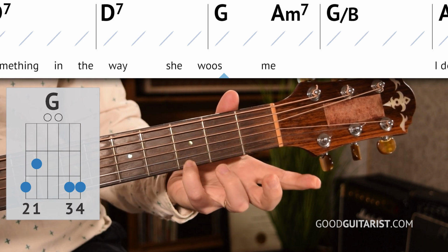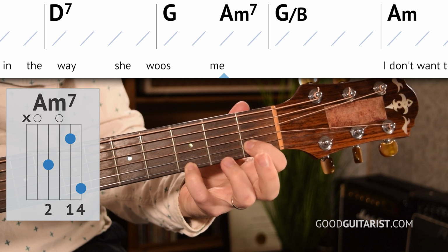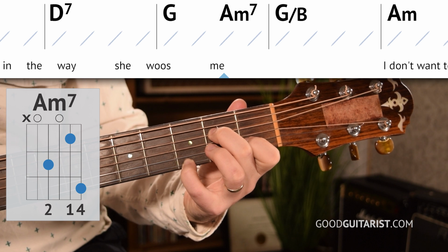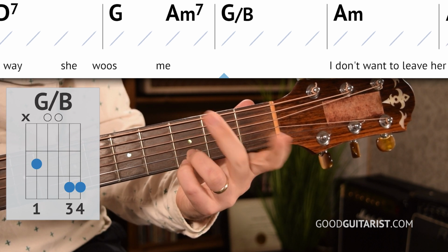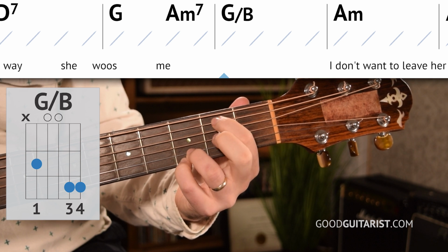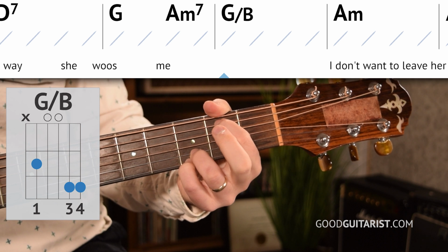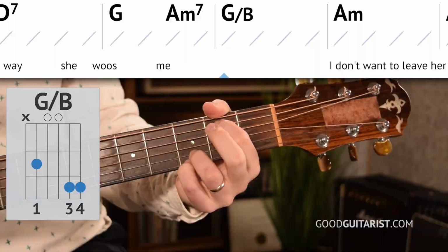and we're going to leave our pinky down, and we're just putting our first finger on the 1st fret of the B string and our middle finger on the 2nd fret of the D string. And then we put our ring finger back to where it would go on a G chord. It's basically we're just going to play a G chord except without our middle finger. So the thickest string is the A string now. And let's just stop there. There's still a little bit more to this section, but let's just stop there